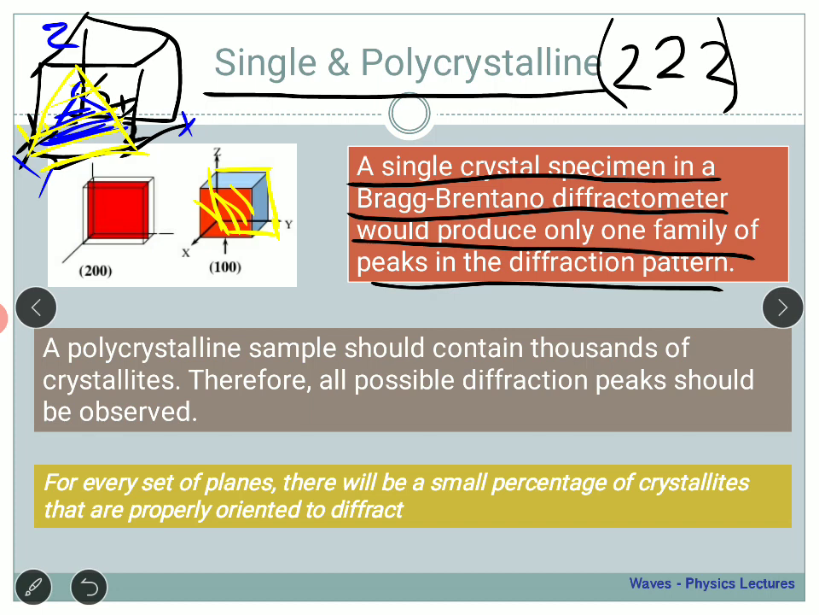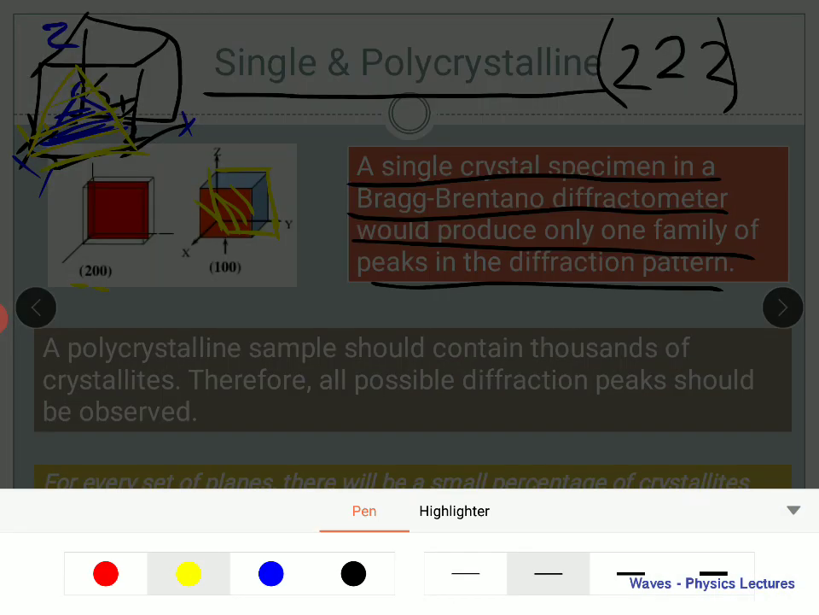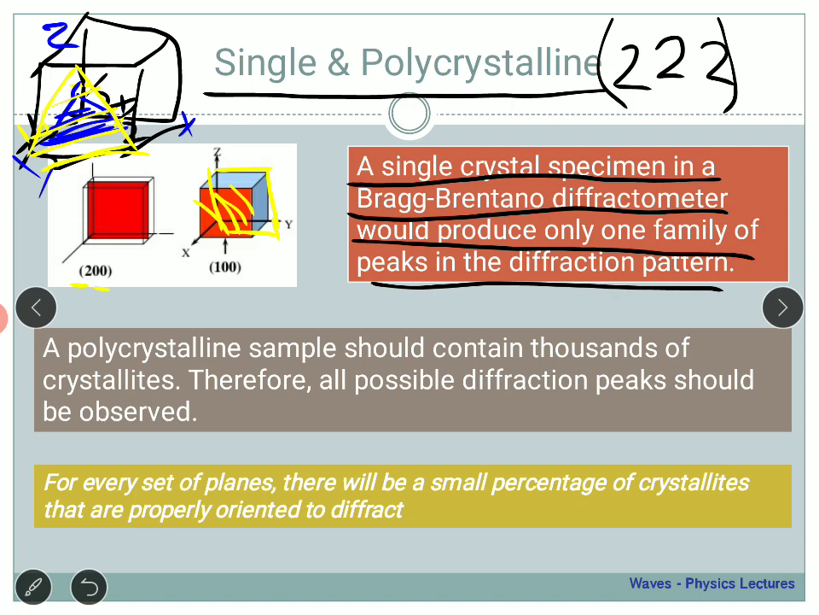On the other hand, if we consider something like 2, 0, 0, that means the intercept is somewhere in the middle. It is not at the edge but somewhere in the middle. 0, 0 means they are intersecting at infinity, so they do not have any intercept with the y-axis or z-axis, and 2 means it is going to intercept at half of the x-axis. This is something which you should know, and that means that if 1, 0, 0 belongs to a set,